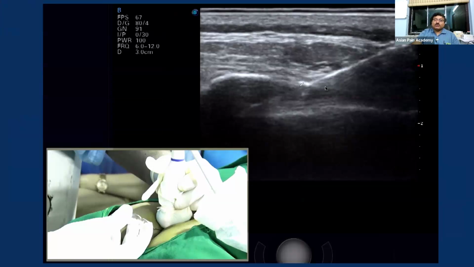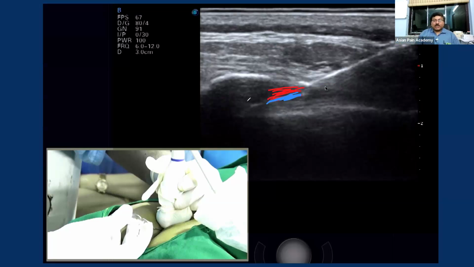Okay, so what will you see? You will see the saline is not accumulated anywhere here. It is flowing smoothly. And when you are looking under the Doppler, the echoes are moving like this. When it is going behind the bone, from here the acoustic shadow will remain. You won't be able to see anything further. Only a Doppler signal moving like this is your way to find out that yes, it is going